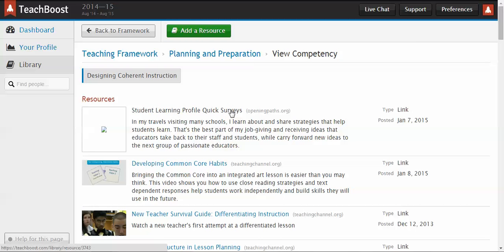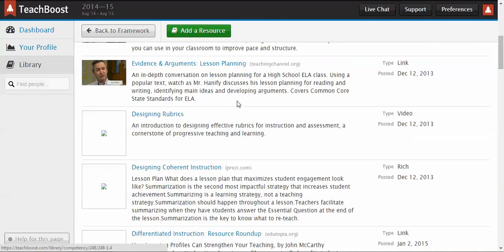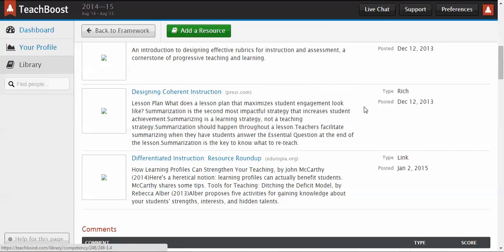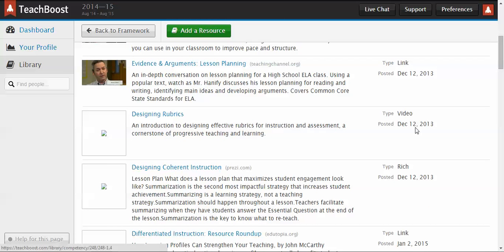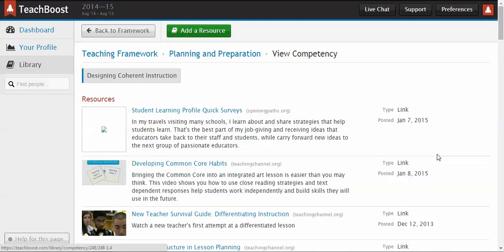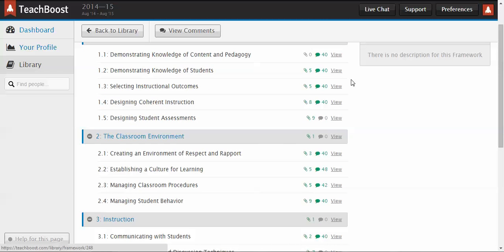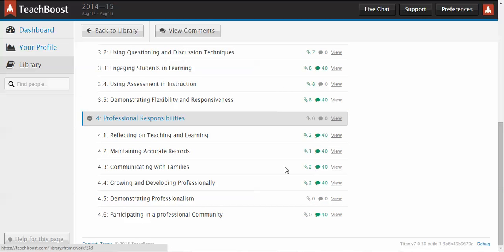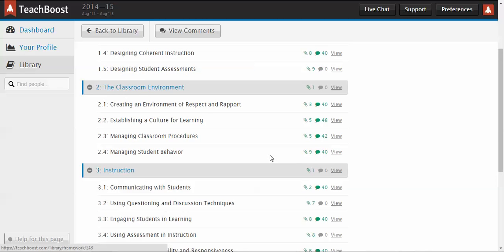You may want to note the date or the type of resource. In the case of a link, it's just a link to a website. You may see document files, you may see videos, and other types of resources that are linked here. If I go back to the framework, I can continue to browse and look for resources that are tied specifically to these subdomains. I'm going to go back to the library here